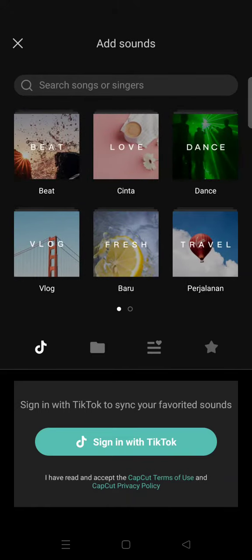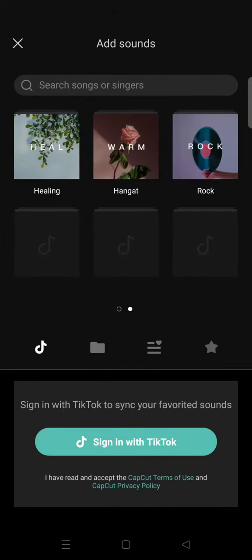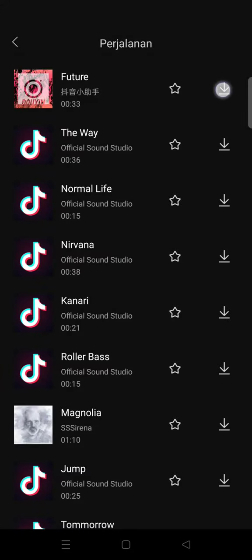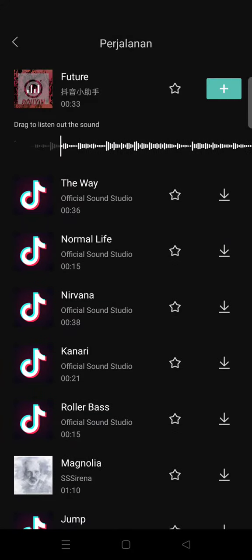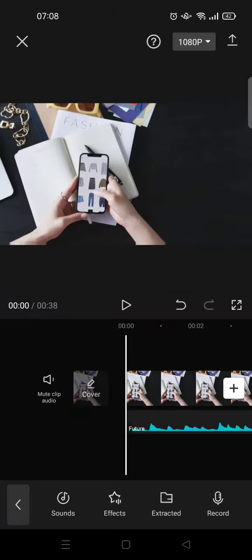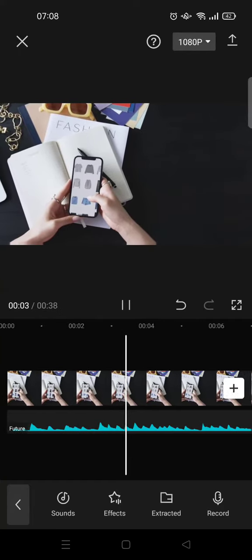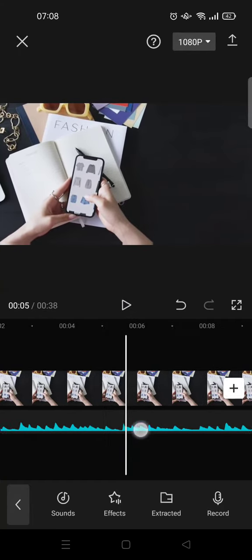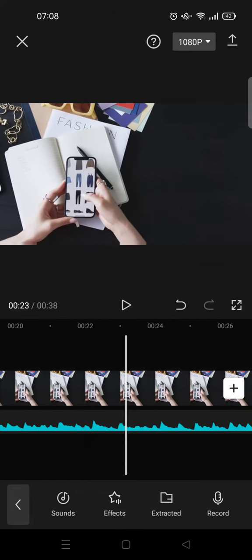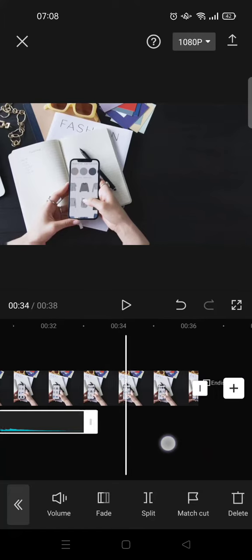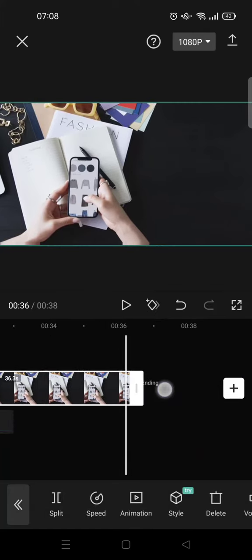So here you can just choose the music provided by the Capcut. For example, this one. Okay, I'm going to add this one, and then you can just play it like so. You can just edit the music to fit into your video, or you can also